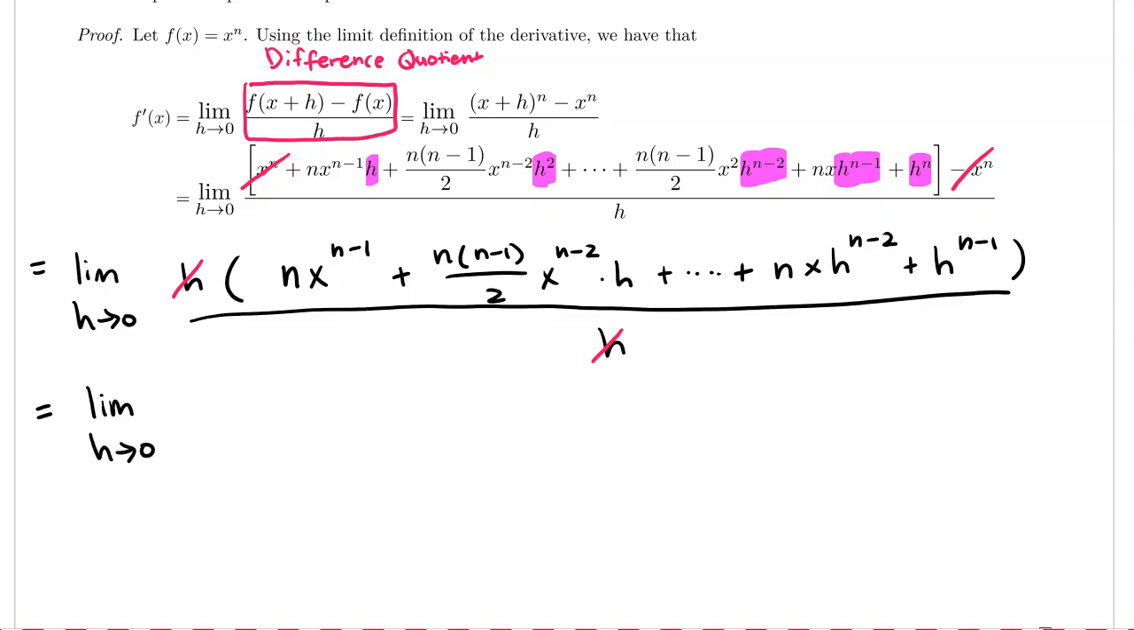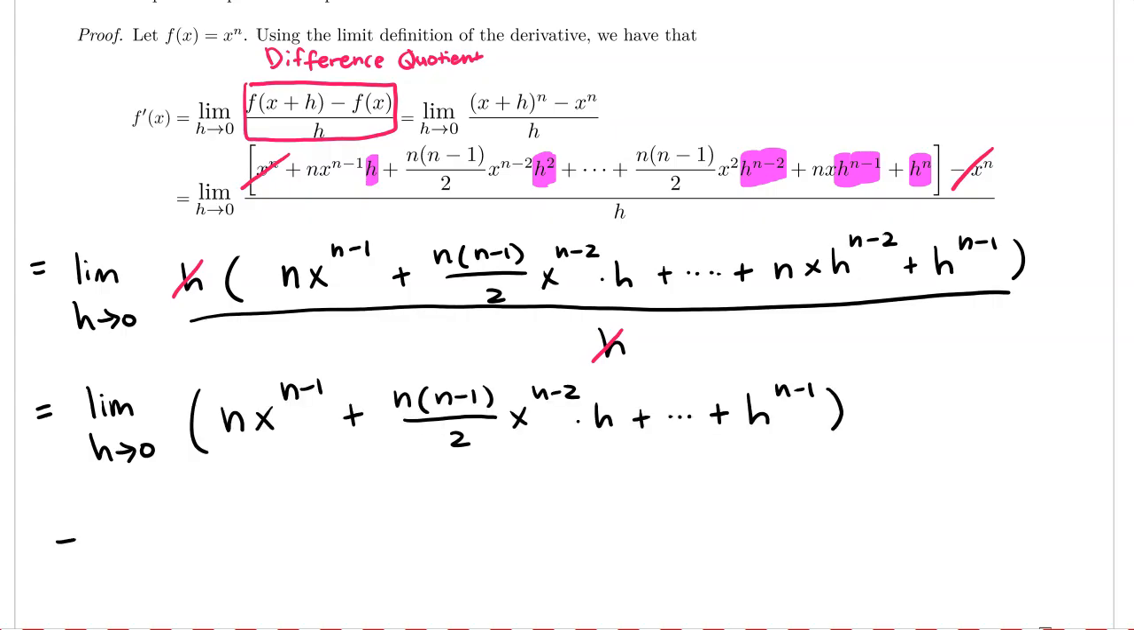And now I can just copy this thing down. At this point, I can use direct substitution. And notice that every single term except for the first one is going to disappear because I'm plugging in h equals 0. The first term here, because we factored out that original h, does not have an h in it, and so we will be left with n times x to the power of n minus 1, and then plus a bunch of zeros. And so we have shown what we set out to show,